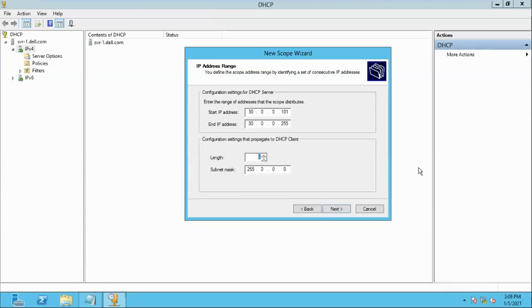DHCP is managed by the server administrator or network administrator. The DHCP service is related to the system administrator, we manage that. The subnet is provided by the network engineer.